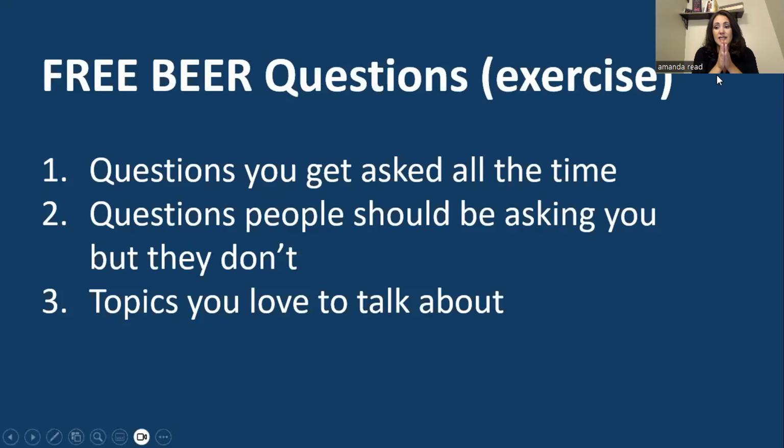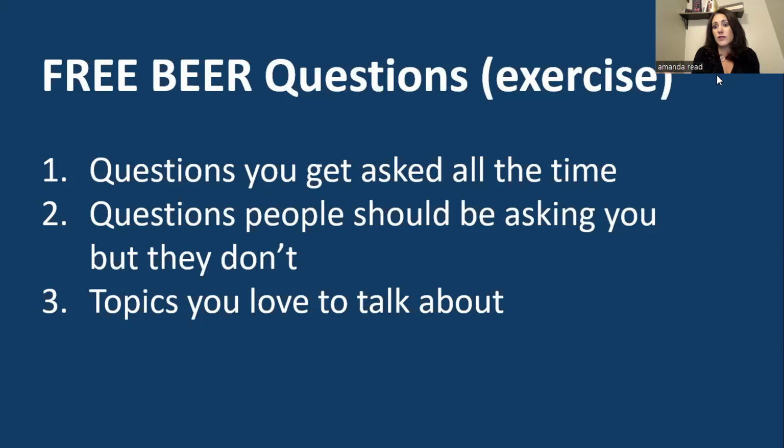How do we come up with our free beer? So this is the exercise I want you to do. Even if you already have a free beer, even if you already have an existing lead magnet, I want you to take 10 minutes and do this exercise. I want you to put your all into this. I personally love sticky notes. If you saw my desk right now, you would see that I have sticky notes all over my desk. Sticky notes to me are the most effective way to do this, but you can do it with a pen and paper as well.